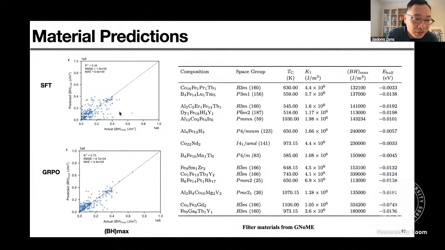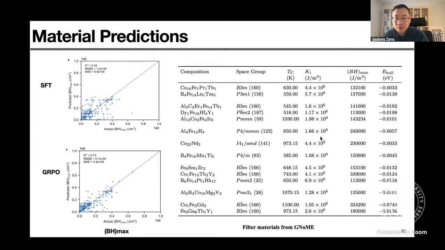And this is the key, magnetic energy product. And this is our predictions of the new materials. And some materials we are really very interested in and want to use DFT to validate. For example, this aluminum, iron, hydrogen. It is rare earth free. And aluminum, iron, hydrogen, they are all very cheap. And the magnetic energy product is pretty high for some reason. We would like to use some physics input in terms of DFT to understand these materials and also to validate